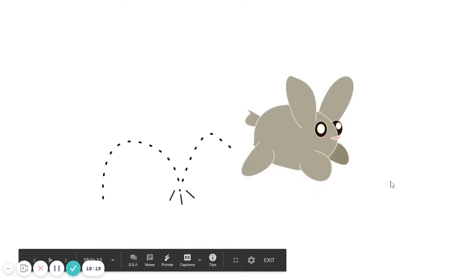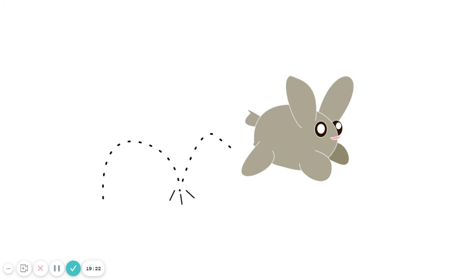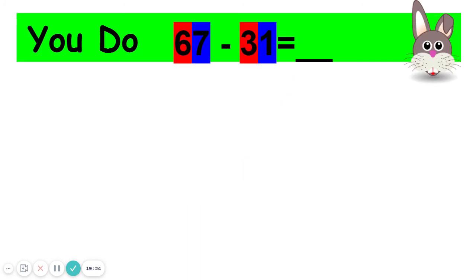Hop, hop. Woo-hoo! Let's hop to it. Now, you have been doing so good. Little buddy wants to see what you do. Here's your problem. Read it with me. 67 minus 31 equals the difference of